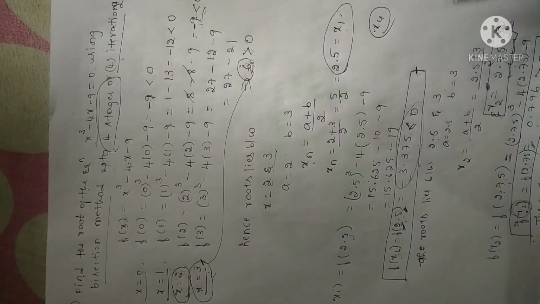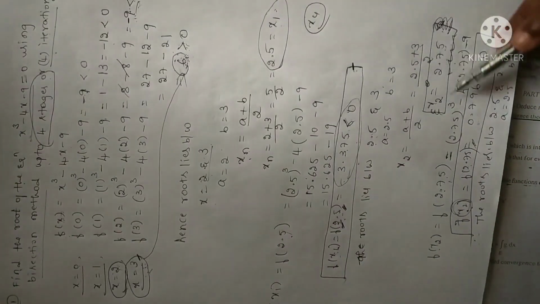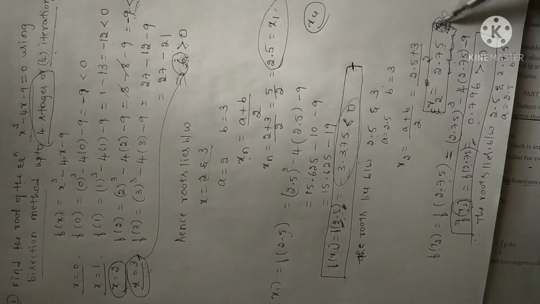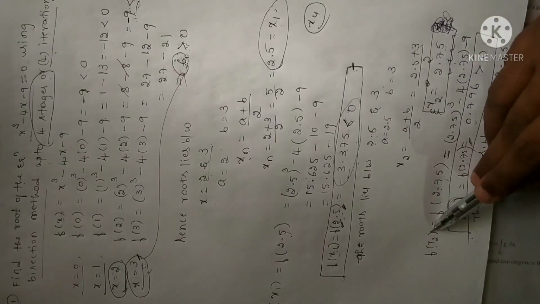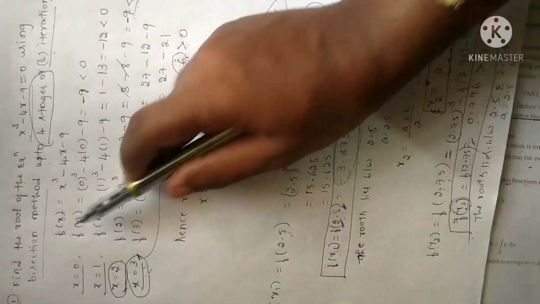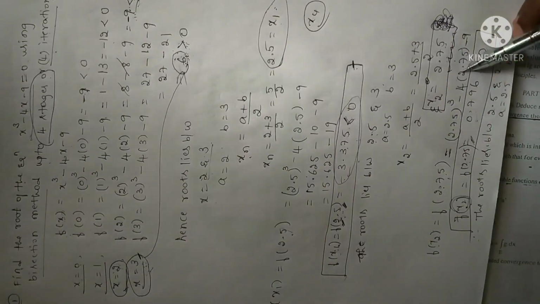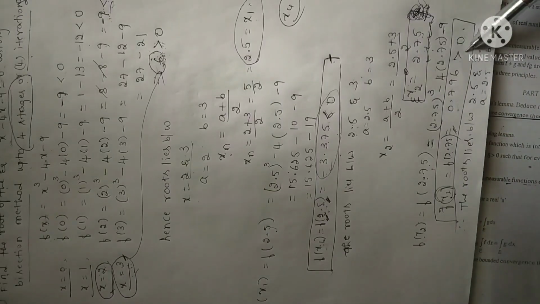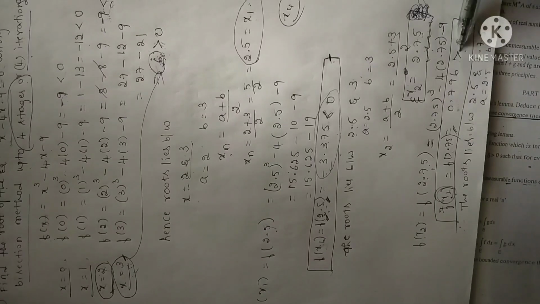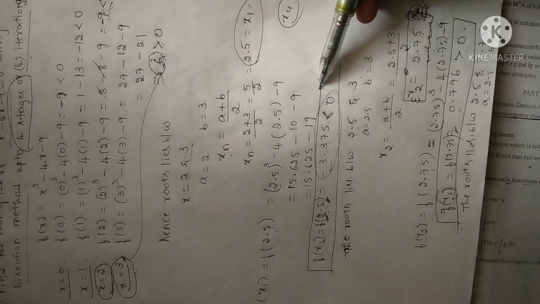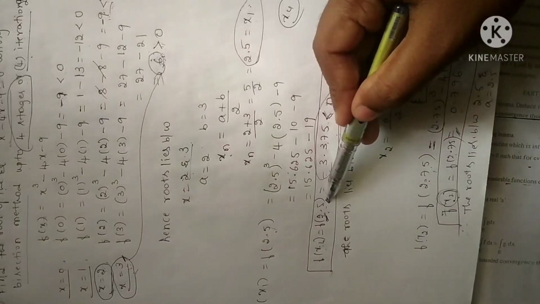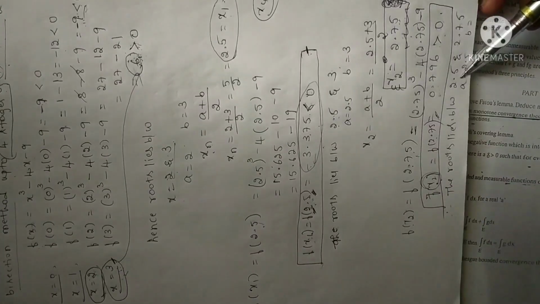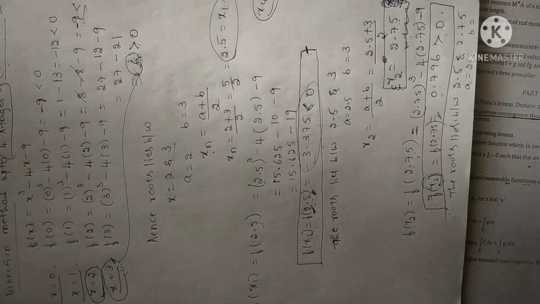Take first value as a and second value as b. Apply the same formula, you will get the value of x2. Now remember, we are not interested in x2. We are interested in f of x2. I have replaced x with the x2 value, and after simplification, f of x2 is positive, that is greater than 0. Now since you have positive value, I have to search for a negative value of f of x. Negative value is here for x is equal to 2.5 and I have positive value for x is equal to 2.75. So let me take the first value as a and the second value as b.